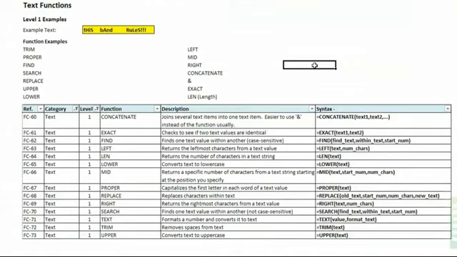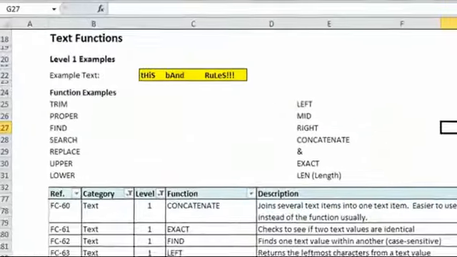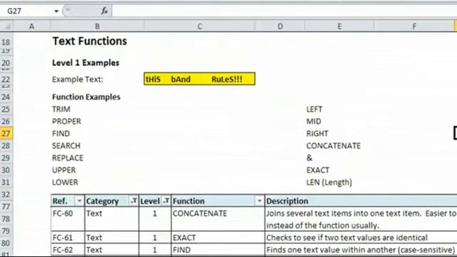So I'm going to walk through an example here. Sometimes when you have your data, it's not always in the best format. For example, in the yellow text you can see it says this band rules, but there are many spaces, the capitalization is all over the place, and so we want to clean it up. And so there's many different ways you can take text that you have in Excel and manipulate it to fit